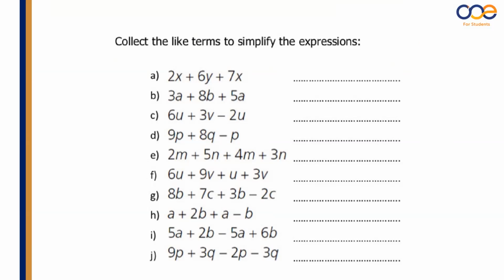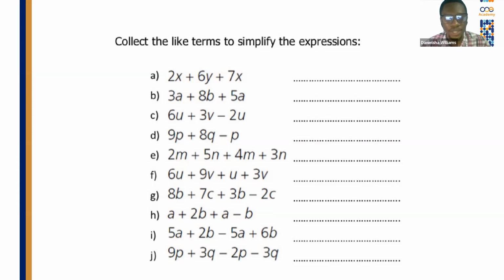Sir, I think I found the answer. All right, you can go ahead. 3V plus 6U. That's not the answer I'm looking for. Remember that you have the minus 2U at the end. So you need to group those two terms, the 6U and the minus 2U, and then you get an answer for that grouping. So can you try again? That would leave us with